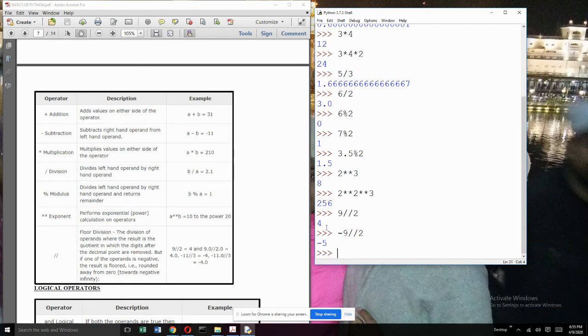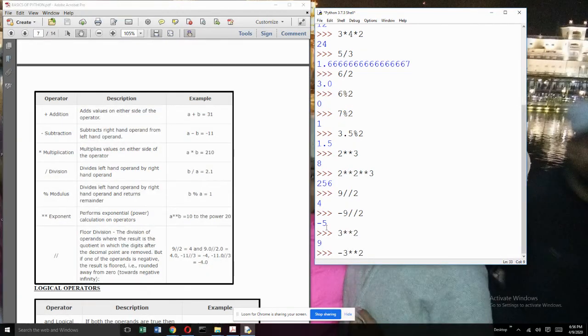I'll show you with the help of one example. What is 3 raised to the power 2? It is obvious, 3 raised to the power 2 is 9. Now let me write minus 3 raised to the power 2. You might think minus 3 raised to the power 2 should be plus 9, but it will not be so, because the raised to the power exponent operator has a higher precedence than unary plus or minus. So first 3 will be raised to the power 2, which is 9, and then unary minus will be applied. So the answer will be minus 9. This is the actual implication of the precedence of the operator.